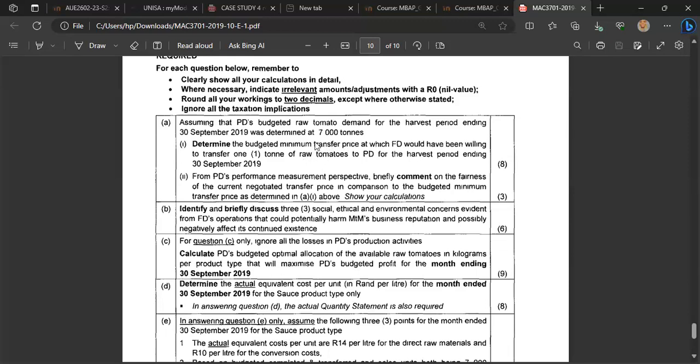So we are factoring that in there when we deal with minimum transfer pricing. So sometimes multinational companies or transnational companies make use of these tricks here, right, to evade taxes. So they call that